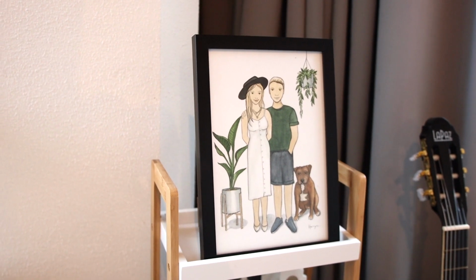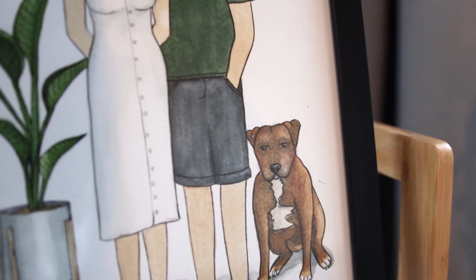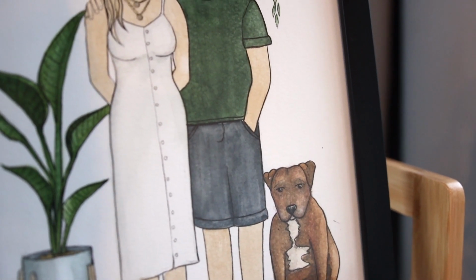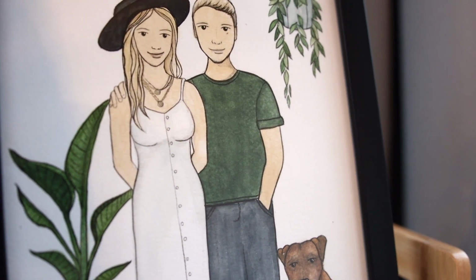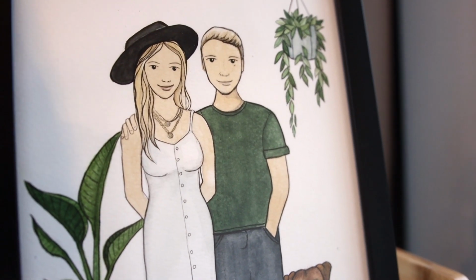On top of this unit, you will see a little illustration of Kevin, I, and Ivan. It is a very sentimental piece, and obviously we really miss our dog. If you don't know, we lost our dog due to arthritis just before we moved. It was a very emotional thing to go through, and that is just a beautiful picture, a beautiful memory